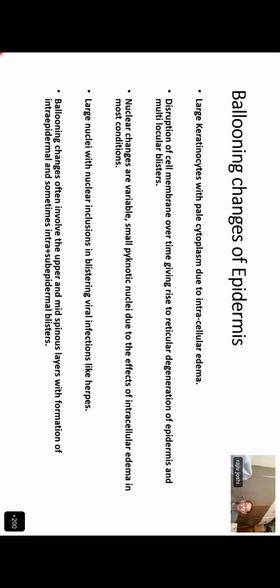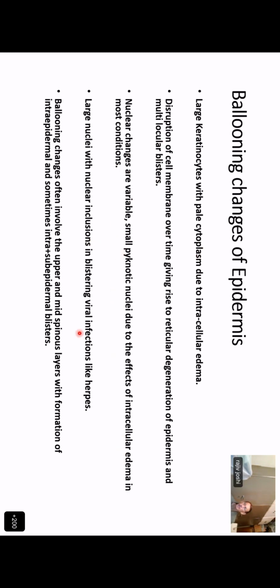with the clinical picture. So when you get ballooning changes of epidermis, you get large, it's intracellular edema. Unlike spongiosis, where it is intercellular edema, you get large keratinocytes with pale cytoplasm. You can get disruption of the cell membrane, giving rise to reticular degeneration and formation of multilocular blisters. Nuclear changes can be variable. So in most cases, like in this case, actually, you had small pyknotic nuclei due to effects of intracellular edema